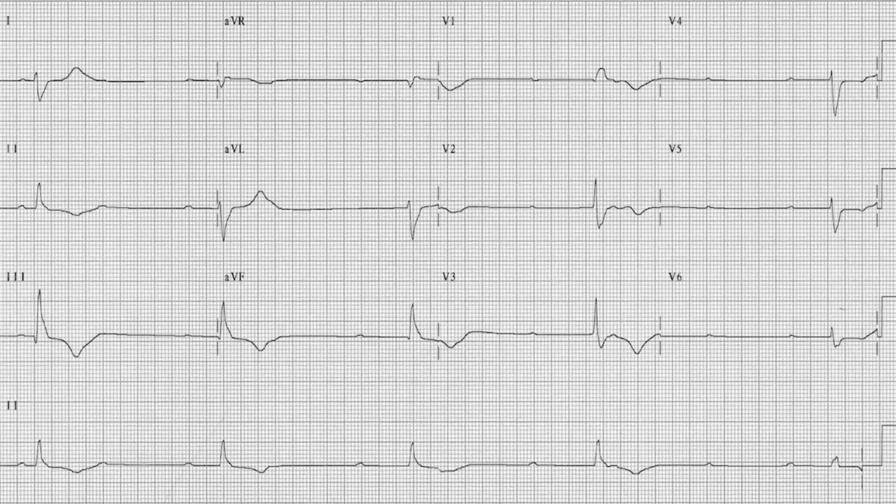Clear at all? So the management here, you will start with atropine 0.5 milligram, repeated after 5 minutes, maximum 3 milligram. If failed, give adrenaline 2 to 10 microgram per minute. And if failed, you can give isoprenaline. So adrenaline or isoprenaline, 5 microgram per minute infusion. And if failed, you can jump to transcutaneous pacing. You can consider an antidote if there is an overdose, glucagon. And here the definitive treatment is transvenous pacing.